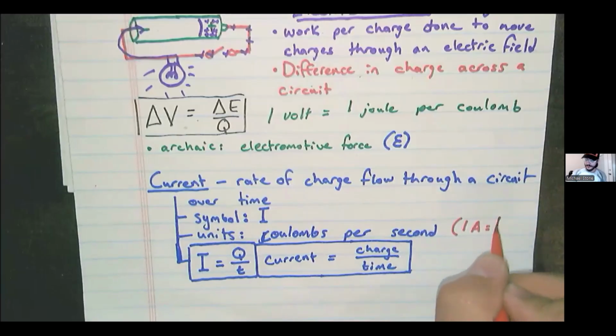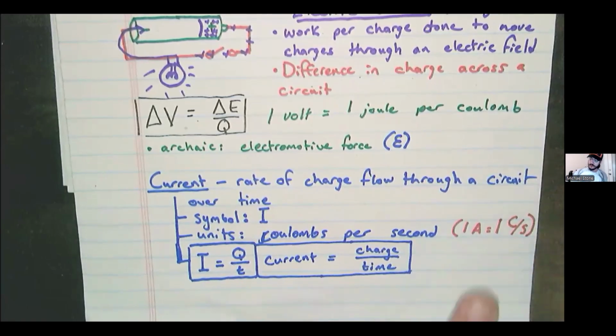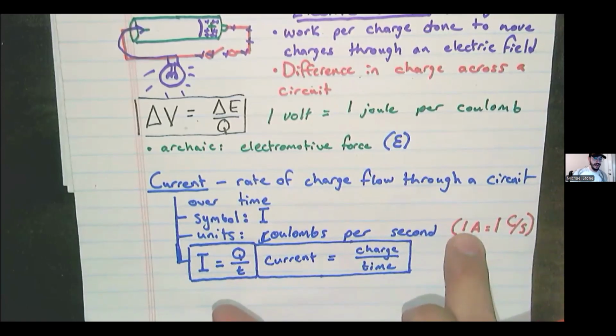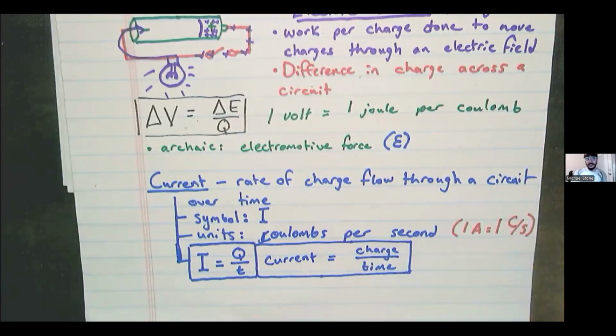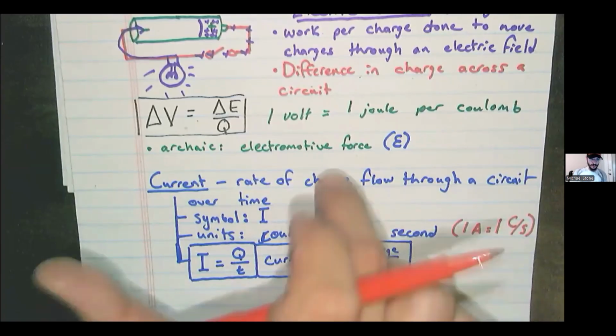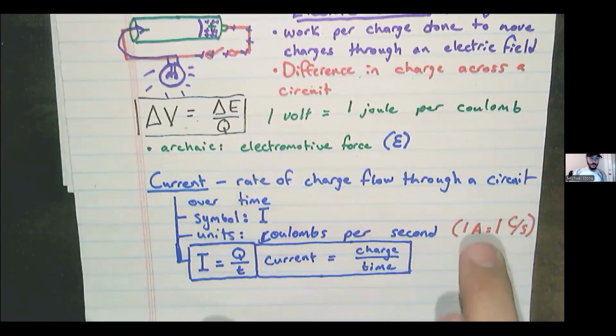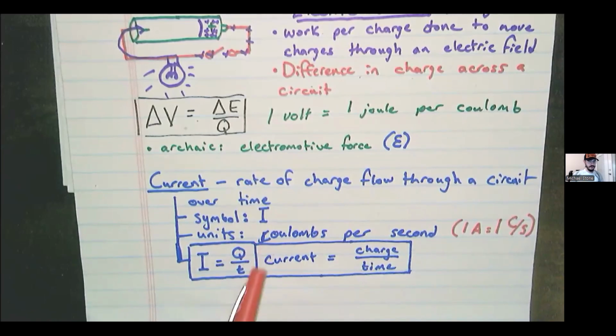But 1 ampere, Americans usually call them amps, 1 ampere is 1 coulomb per second. So rather than saying 1 ampere is defined as 1 coulomb per second, the real truth of it is that amps and seconds are fundamental base units of the metric system. Coulombs are defined as the amount of charge that flows through a circuit when you run a 1 amp current for 1 second. In the past, I've had students affectionately refer to this formula as I quit. I would have thought I equal cute, but I quit seems to catch on more so.